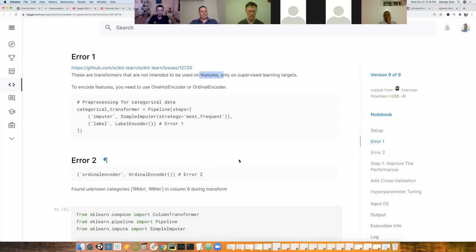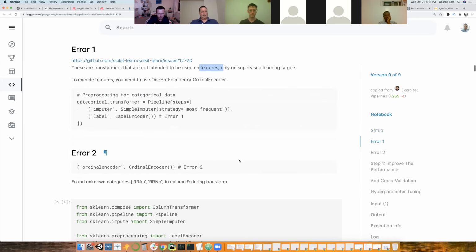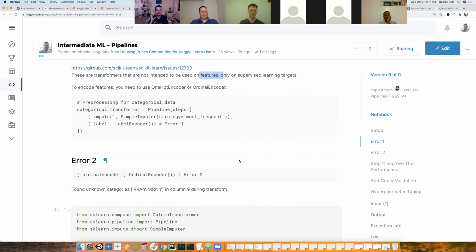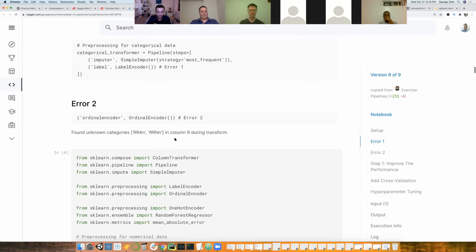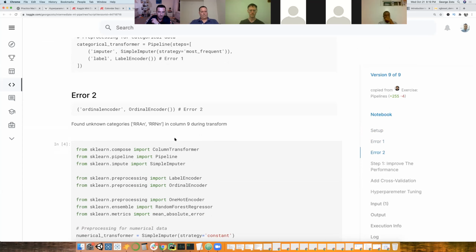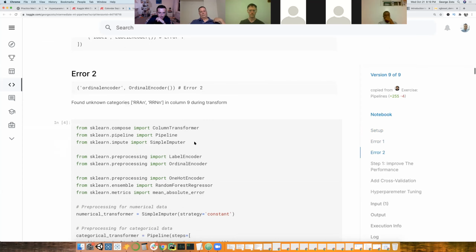The other one is if you try to do ordinal encoder, which is an option. When you're trying to do validation, you might come up to new values that you hadn't seen in your training set before. So when you fit, basically when you're creating this ordinal encoding, you are seeing all the values in the training set. But then when you do your validation, you might see some values that were not there before and you haven't assigned them any value. So you're going to get an error there too. So that's why I ended up, I think, going with one hot encoding because it takes care of both issues.